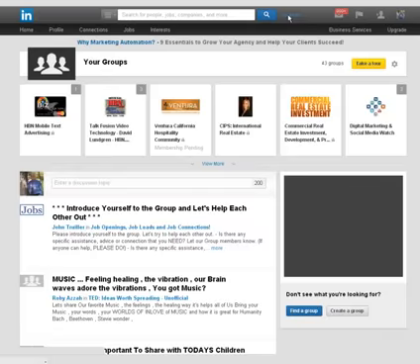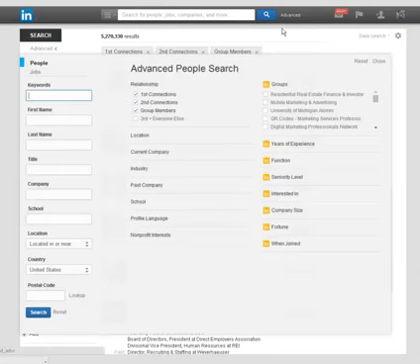Now, for the little advanced tip I like to show people during my training, if you click on advanced, there are some pretty powerful tools you can use here. Show me all my first connections, or second, or third group members, or third and everyone else. You'll notice that's grayed out sometimes because if you're a basic member, you have a free account, which gives you limited functions, and then there's a paid account. It's about $1 a day. It's not a big deal. You can see the groups there, but you can now search by location, company, industry, school, or university.